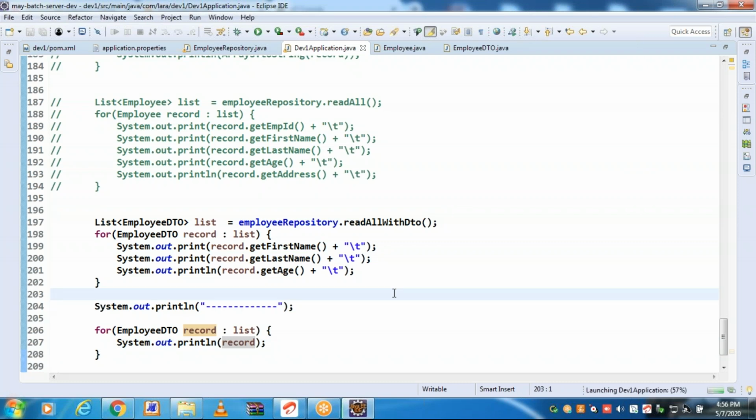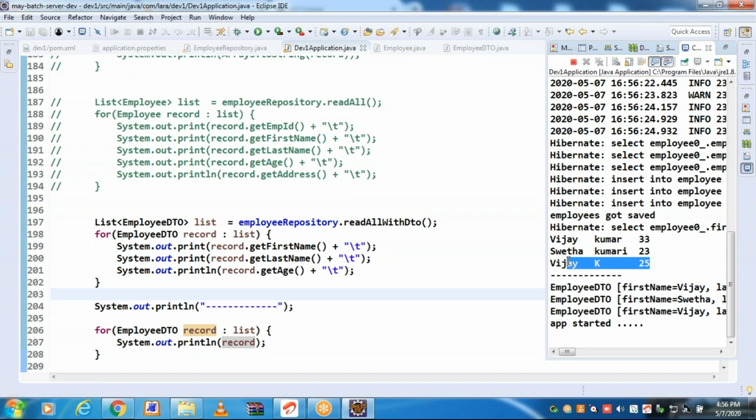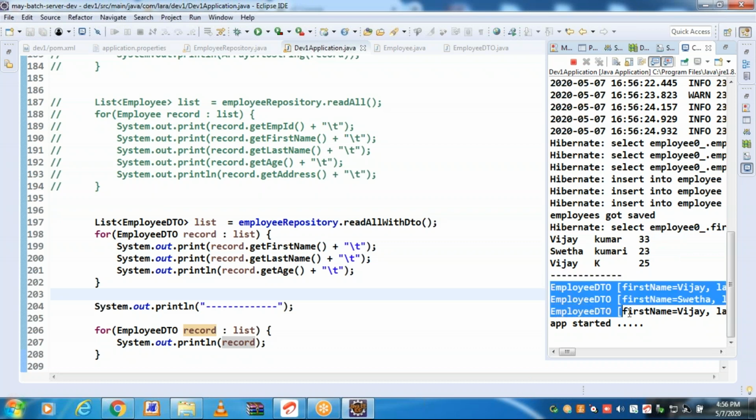Try to run. You can see, everybody, through getter methods we are reading data and printing. Then there is a separator. Through toString method we are reading and printing.